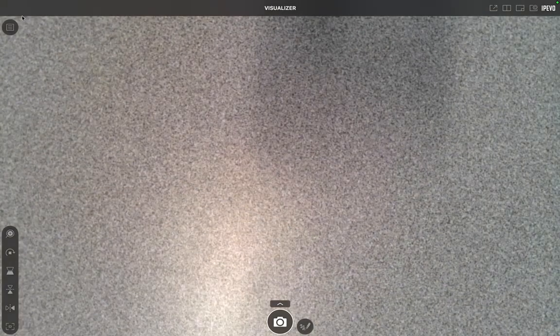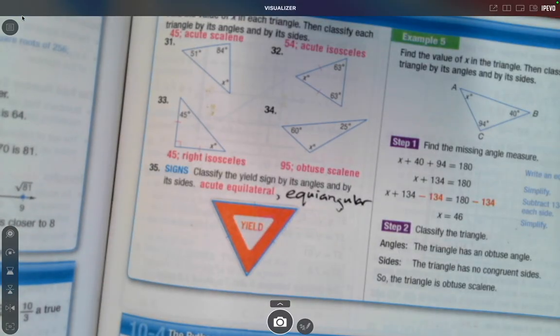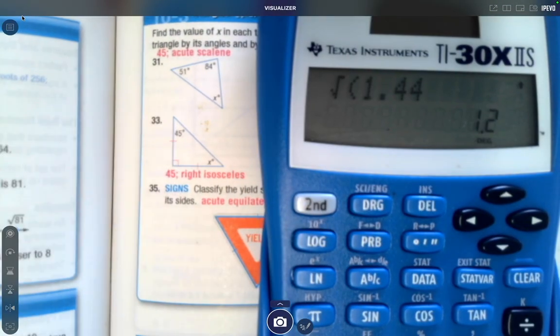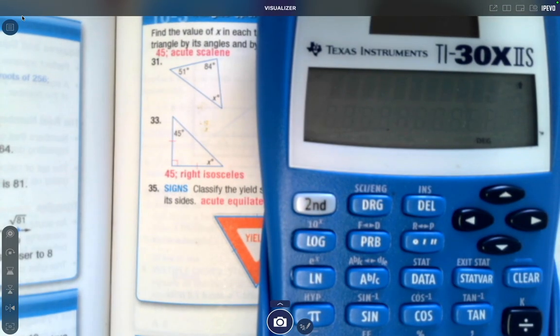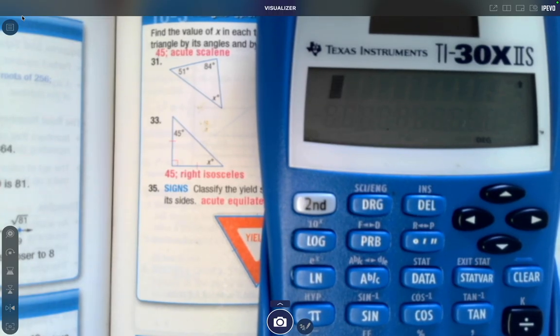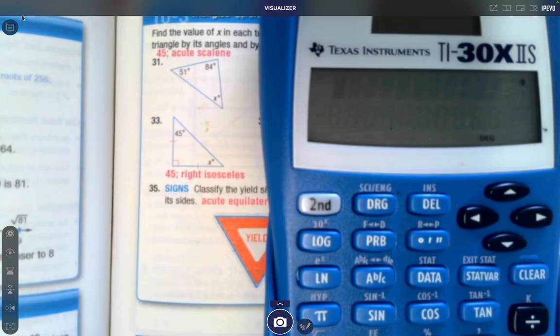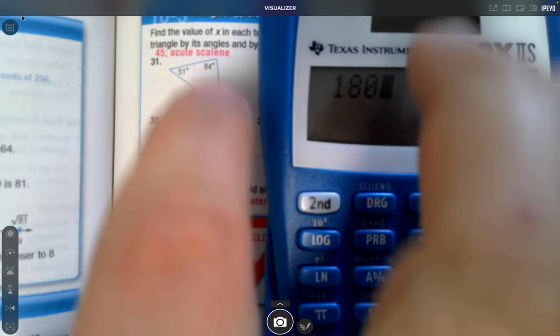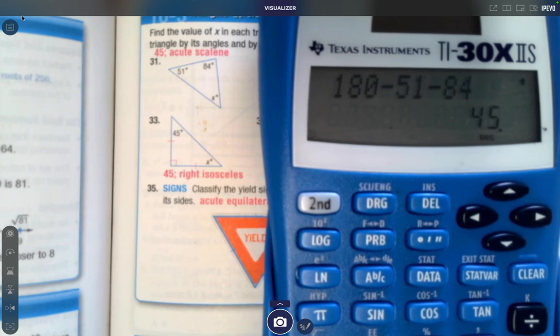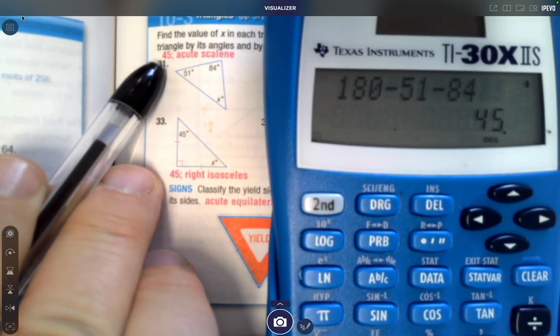Okay, I know you'll see the answers, but I think it'll be easiest for me to explain just by showing you these. 31. So to get the missing angle, you got to remember with angles, and this is something some people confuse all the time, with angles, we're dealing with 180 degrees. Now when we get down to the next section, we're dealing with sides. That's when you do the Pythagorean theorem. So right now on these, we need to think about 180. So we know all three angles have to add up to 180 degrees. So I'll subtract the two that I do know,